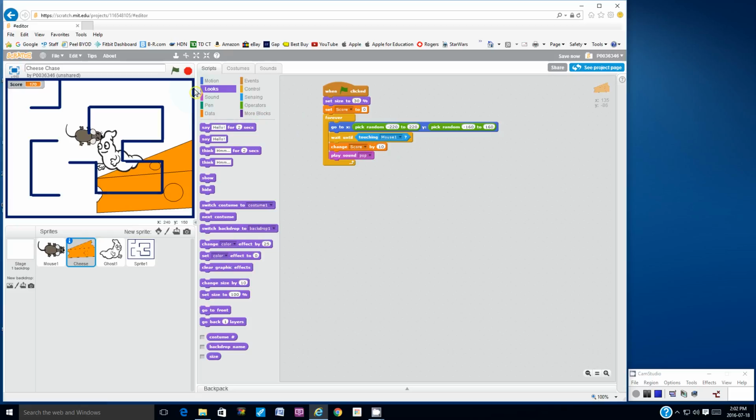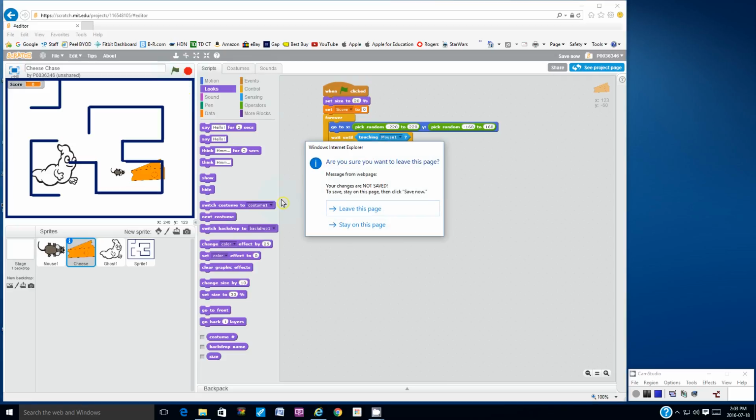Then I want to run the game and get Mimi right next to the cheese here. And I want to see, is Mimi about half the size of the cheese? No, because the cheese is still very big. So you've got to experiment, because it depends on how big you drew the cheese sprite in the paint editor. So for me, I think maybe